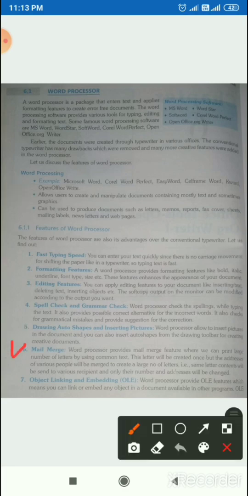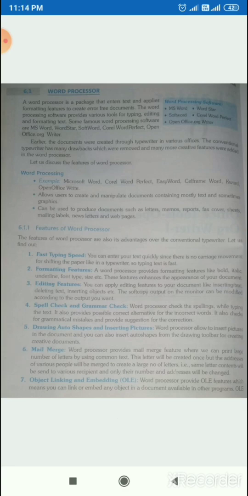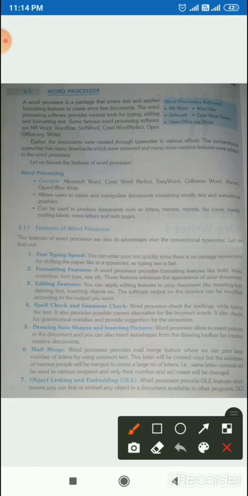Mail merge. Mail merge is that option which helps us to mail the same mail to a different number of people. Next and last one is object linking and embedding.